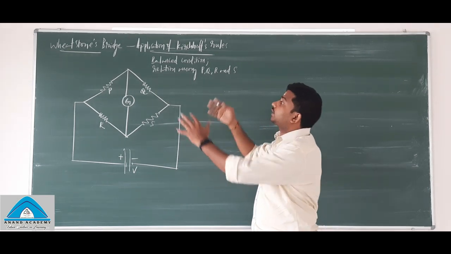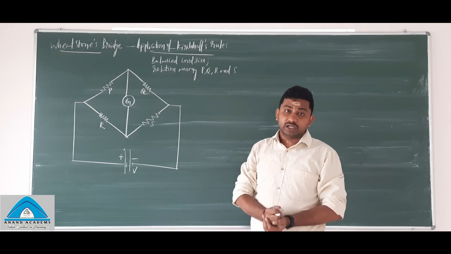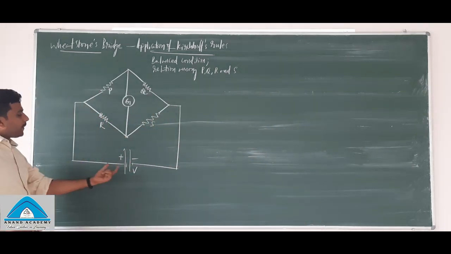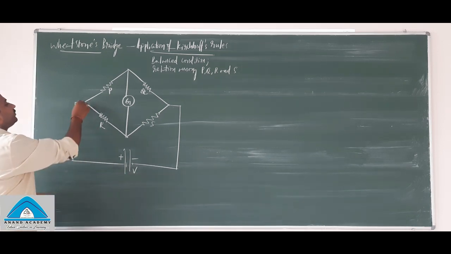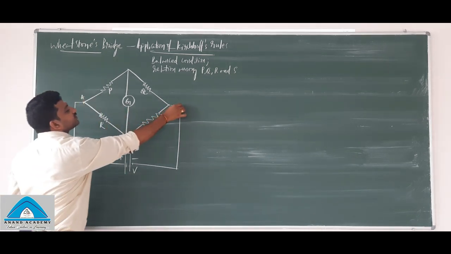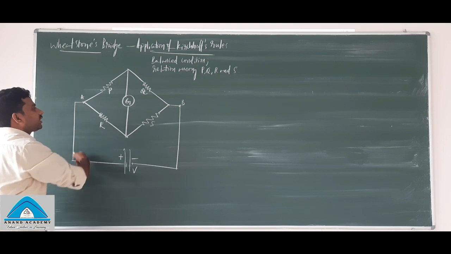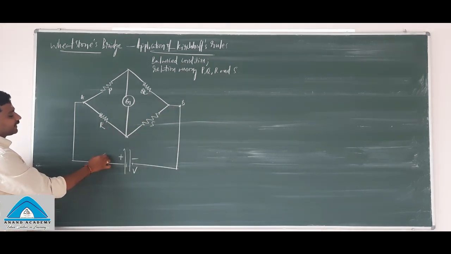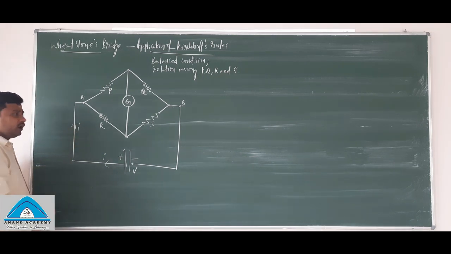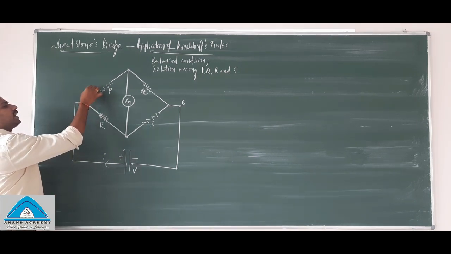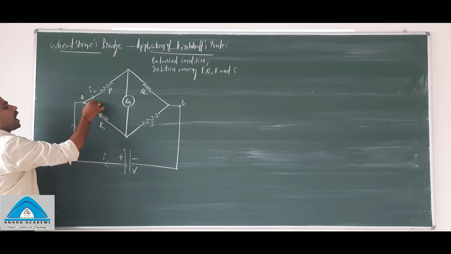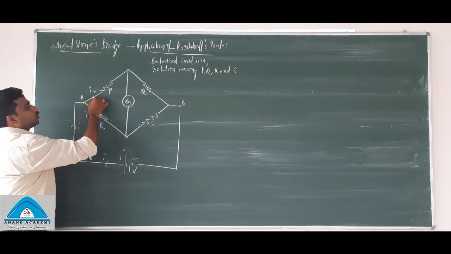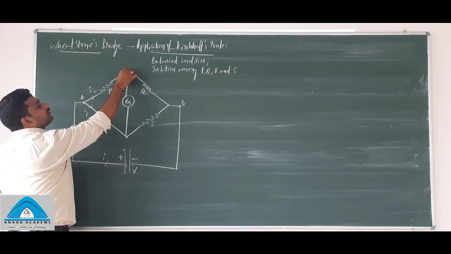So the same, we are going to derive whatever we have learned. There is a circuit like this. The battery V is connected across this end, so this is A and this is B. The potential difference across A and B will be this V. Now the current I is starting here at this junction. The current is splitting into two, I2 and I1. So I2 current will be flowing here, you can see.